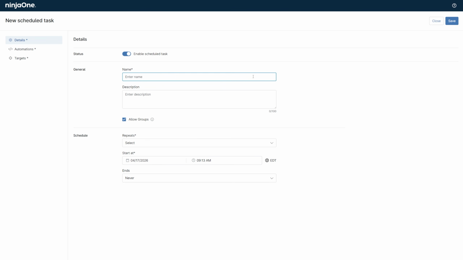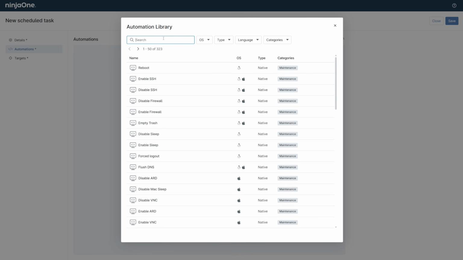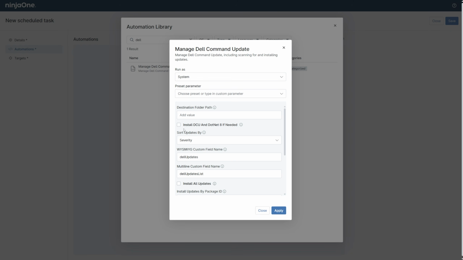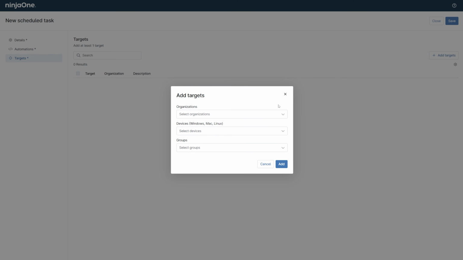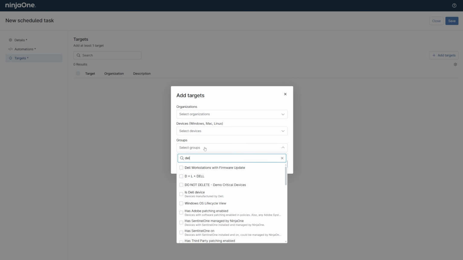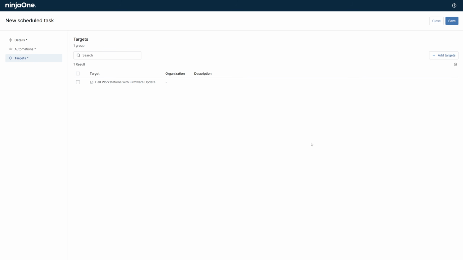I'll name it and set the schedule for some time that I know will not disrupt the end user. And I'll also add in the automation to run Manage Dell Command Update. Finally, my target will be the group that we created earlier. Now, every time this task runs, it will go ahead and install any updates that are available, keeping my devices